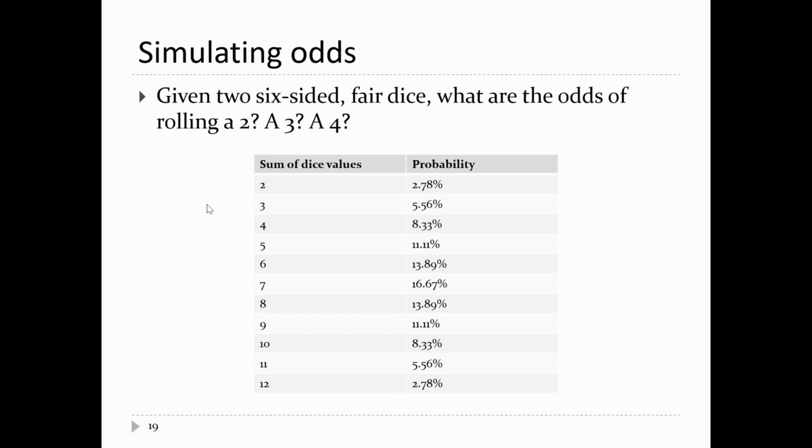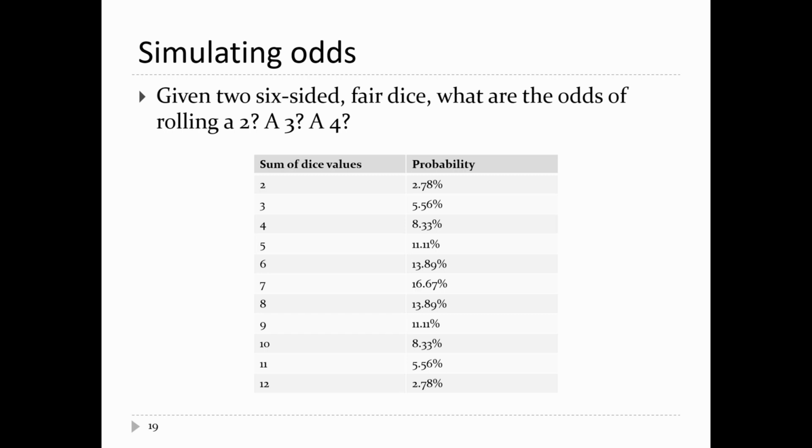So you can do lots of things with lists. Most computing problems don't involve a single object, but rather they involve a collection of objects of some kind. So another example of using a list, here we're going to try to calculate the odds of rolling two six-sided fair dice. We'd like to know what are the odds of rolling a 2? What are the odds of rolling a 3? What are the odds of rolling a 12? And so on and so forth. If you've taken a stats course or a probability course, you probably know how to do this already. If you haven't, one way to solve this problem is to